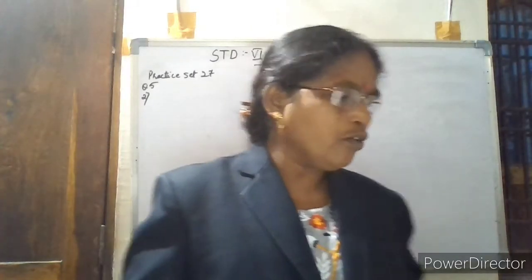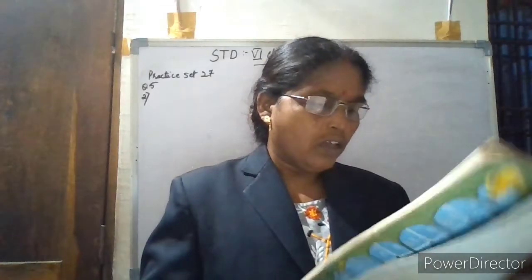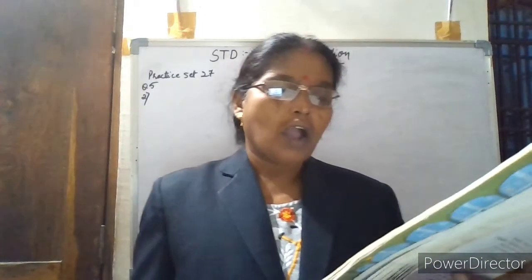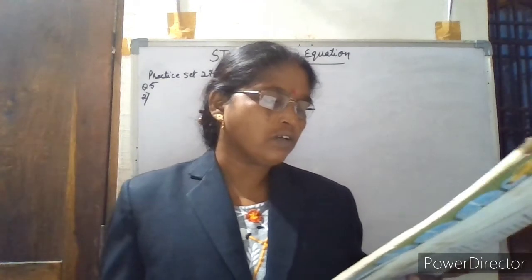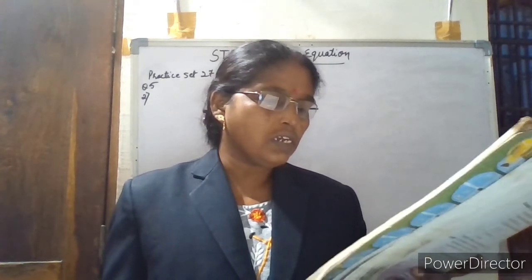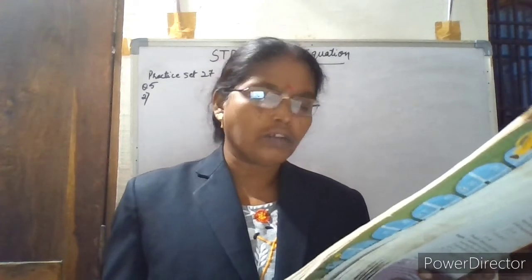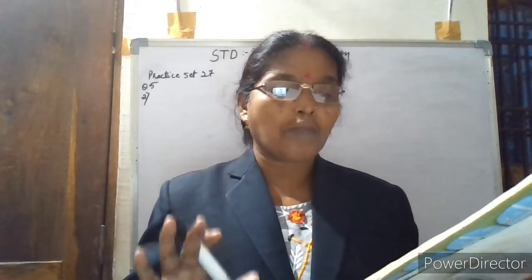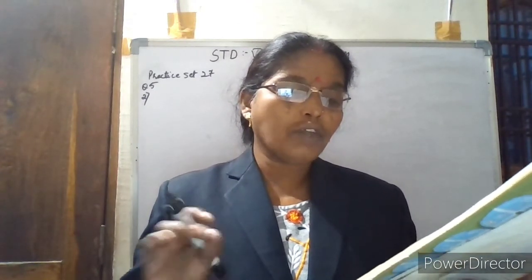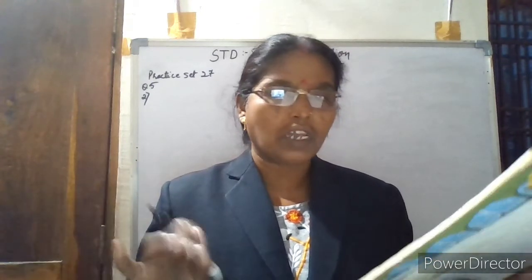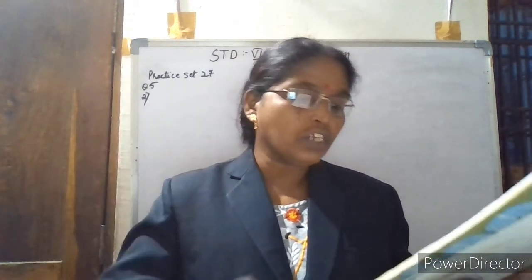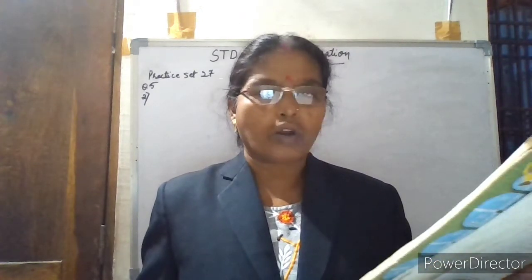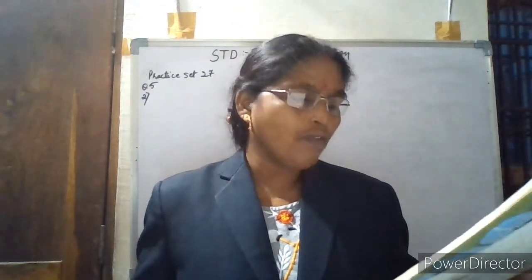Now we go to the fifth question, second one. See, Sakshi prepared some jam at home and filled it in bottles. After giving away 7 of the bottles to her friends, she still has 12 for herself. Means how many total bottles of jam she has made, we don't know. But after giving away 7 bottles to her friends, she is still having 12 bottles with her. How many bottles had she made in all? Total how many bottles she has made? This we have to find out.